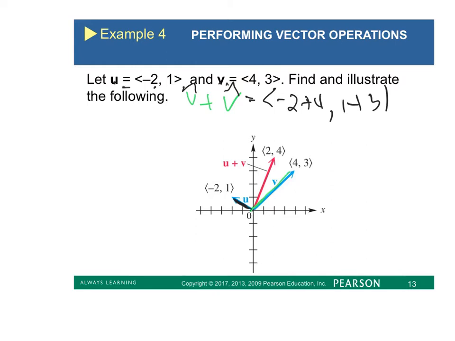The resultant vector that you get when you get done should be, vector u plus vector v is going to be vector 2, comma, 4. Just adding those up. So I go to 2, comma, 4, and if you draw the position vector to it,